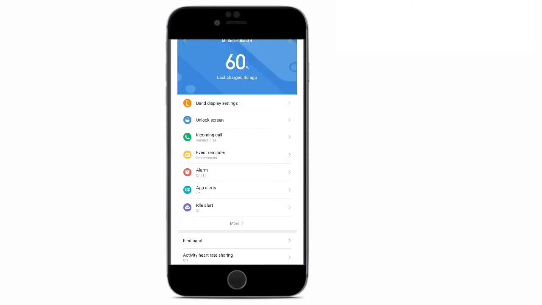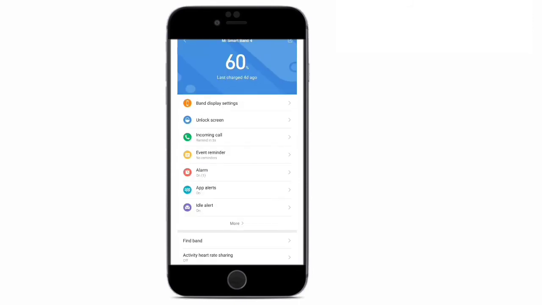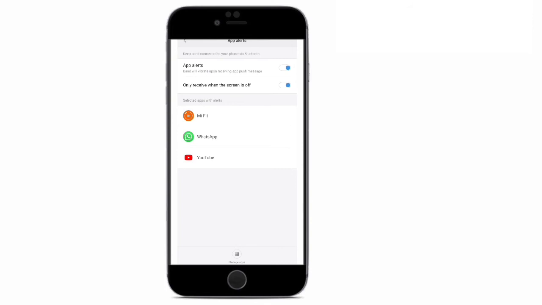So guys, next is the app alert. For example, if I enable this app alert with my WhatsApp, whenever I get any WhatsApp message, the watch will vibrate and I can directly read the message from the watch, and it saves a lot of time, guys. And as you know, the watch supports touch screen. You can read the whole message, however long it may be. But you can't see any photos over here, guys. You can only read the message received. At the top, you'll get the name of the person who has sent the message. So let's go to the next feature.